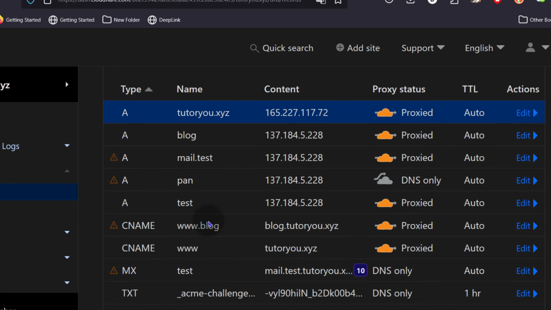I have that added. After adding the A record, of course, you'll also need to add a CNAME record for www. And the reason I usually use a CNAME record is because I don't want to add the IP address all the time. You can also add the www record as an A record, but that means I'm going to have to add it with an IP address. And that means next time, if I change my server, I'll just have more places to change my IP address. So that's why when I'm adding www, I usually just use a CNAME for that.